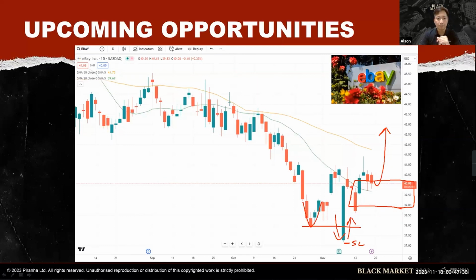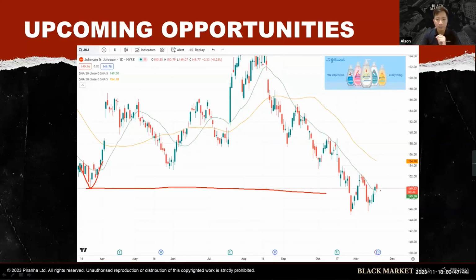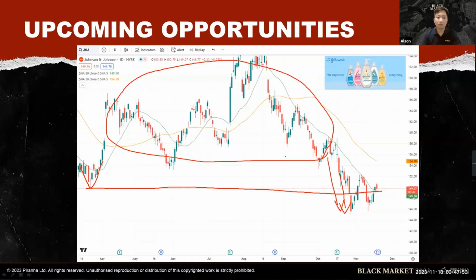Okay. And Johnson & Johnson is one of the stocks that I'm also currently looking at right now. You see this swing low over here. The price went down, very subtle. All those traders who bought here will cut loss because they are all negative. And then market makers are taking out a lot of stop losses here. So it is showing bullish signs actually, and we could see recovery later on. For Johnson & Johnson, if I'm right about the recovery, we could go back to at least $159 around here to break the downtrend.